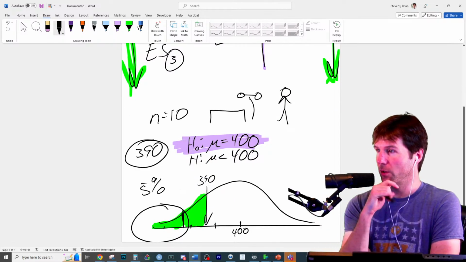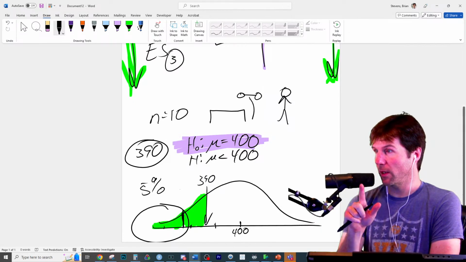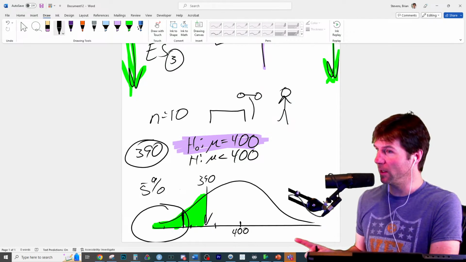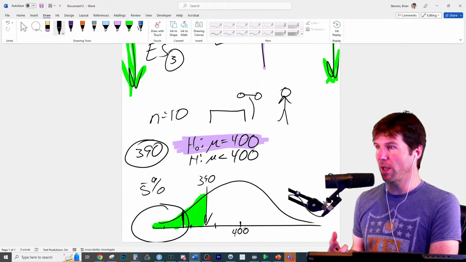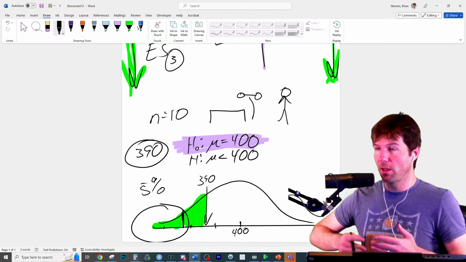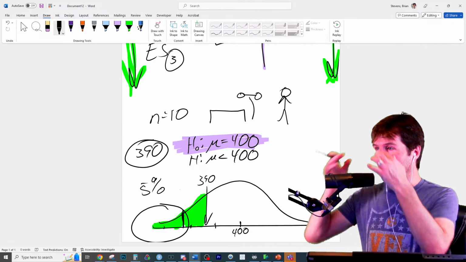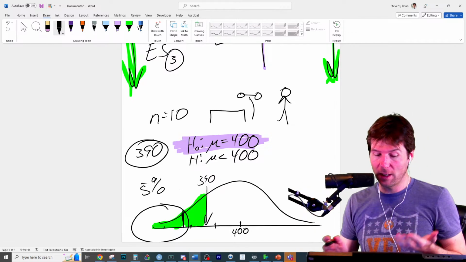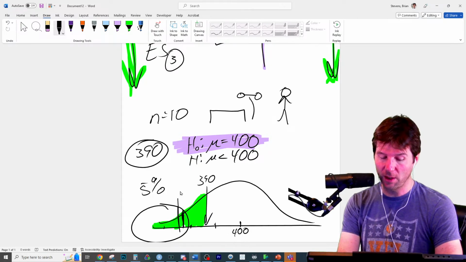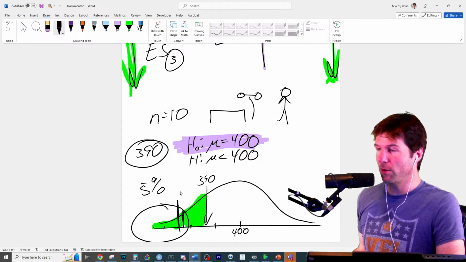Good job, Jackson, right here, really understanding this. Are all those results down there on the lower end possible? They are possible, but they're unlikely, right? So when you set your alpha level, you're saying, what is unlikely enough? Maybe this result is unlikely enough, but it's a little bit subjective because it's possible that you could make an error. Maybe I just have an off day or two and I land up over here and you reject the null